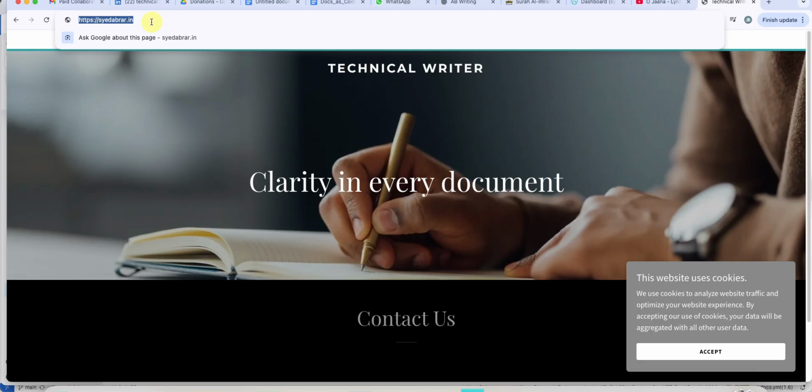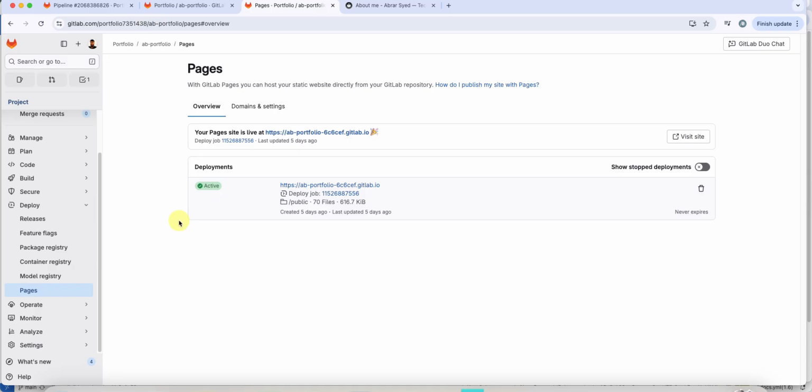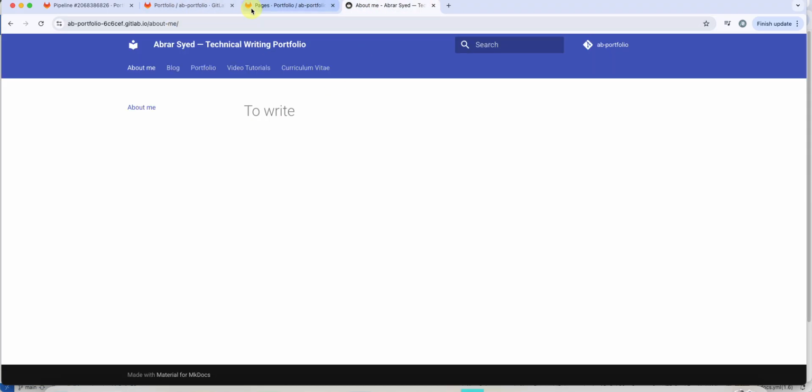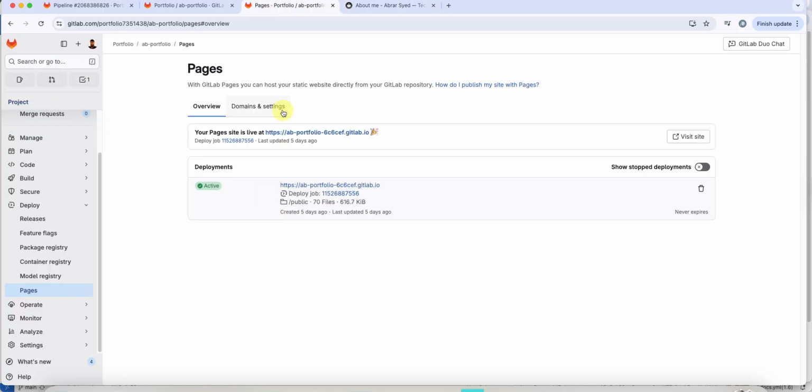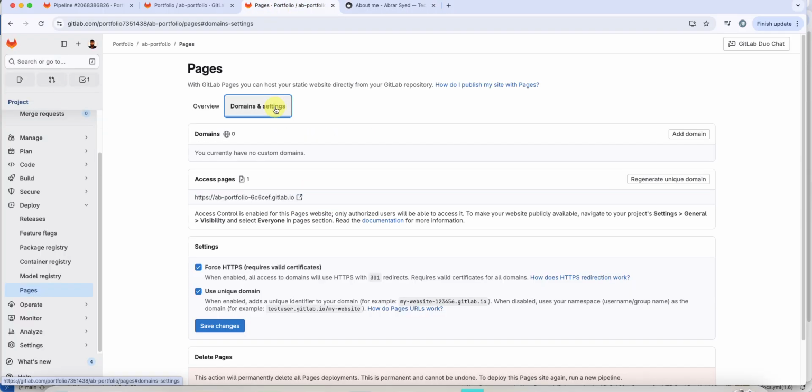So let me copy that and go back to pages. I'm assuming you remember how we reached pages. We were just in our project. We clicked on deploy, we jumped to pages, and within pages we have our local preview. We click on this, we can look at our changes. Now to make it public, jump to domains and settings,